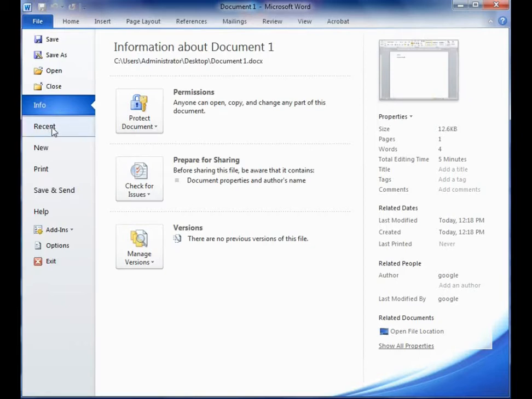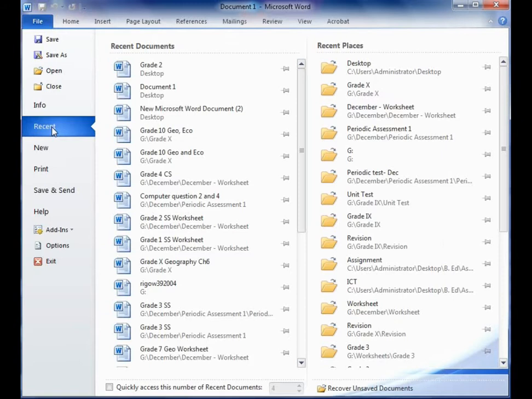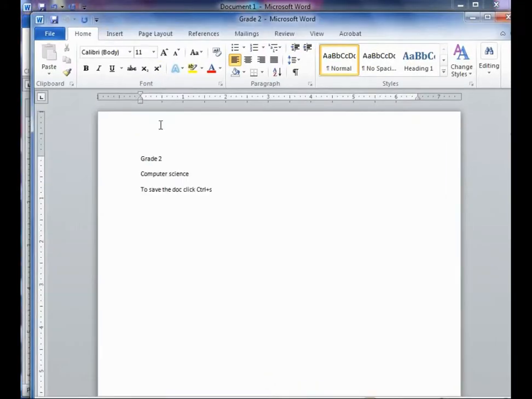See, you can see the recent option here. Click on that recent option and then click on the desired document you want, and the desired document will open. Is it clear children? This is how you open a new document, save it and open the saved document.